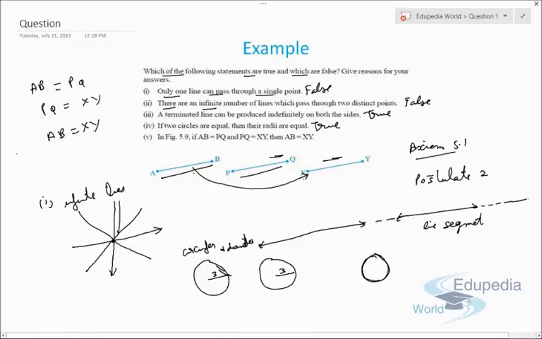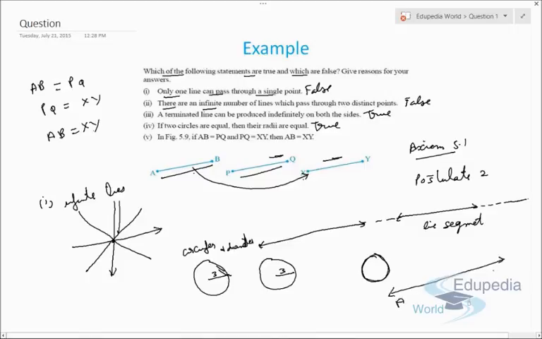Now according to the fifth axiom of Euclid's geometry, things which coincide with one another are equal to one another. Suppose we have a line like this,